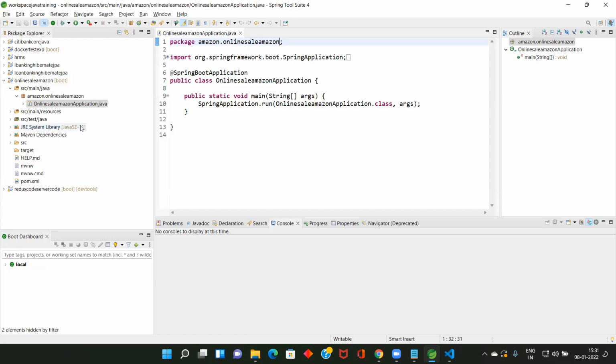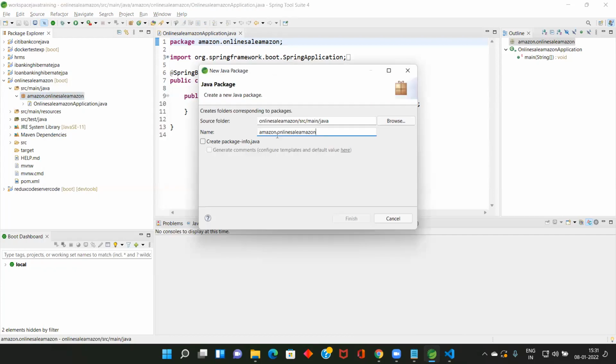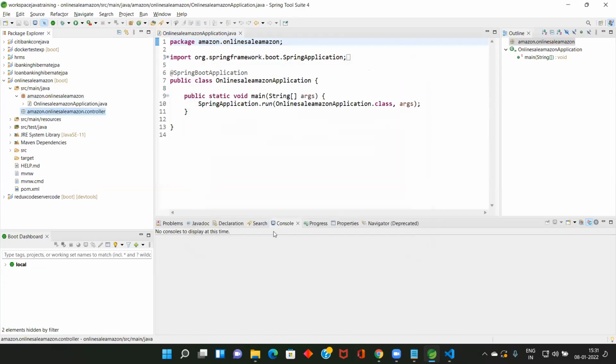Any name can be meaningful, I'm going to create a controller. Right click on this one, new, package, amazon.online.controller, finish. So I created one package. It can be any name, controller or anything.